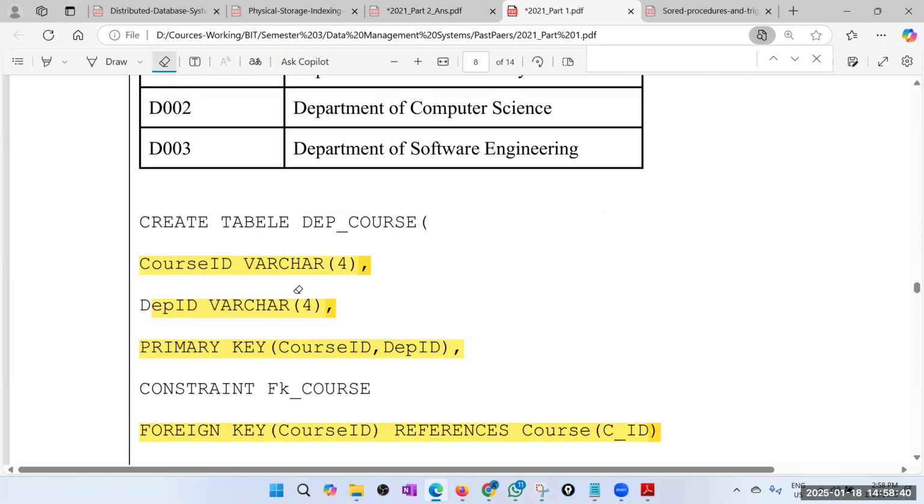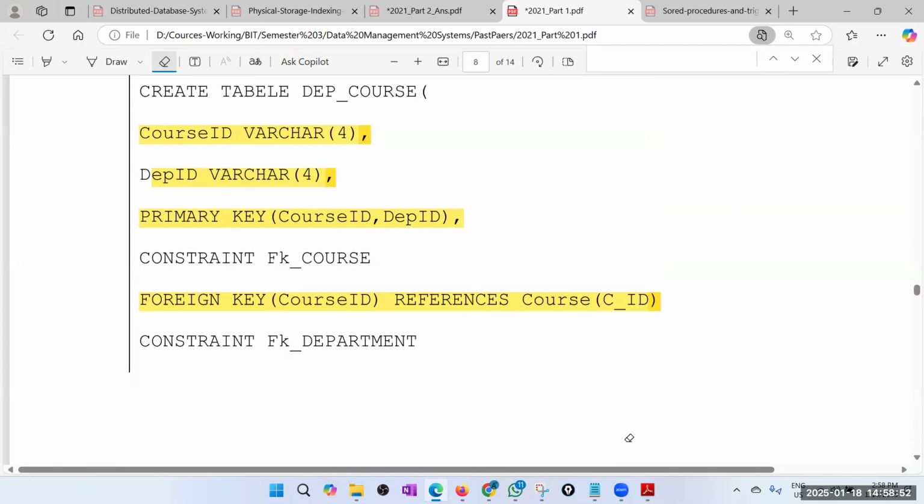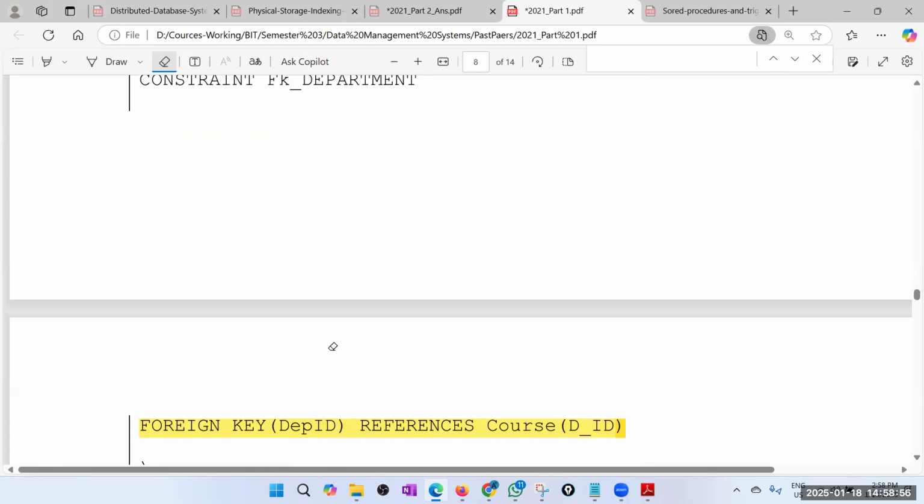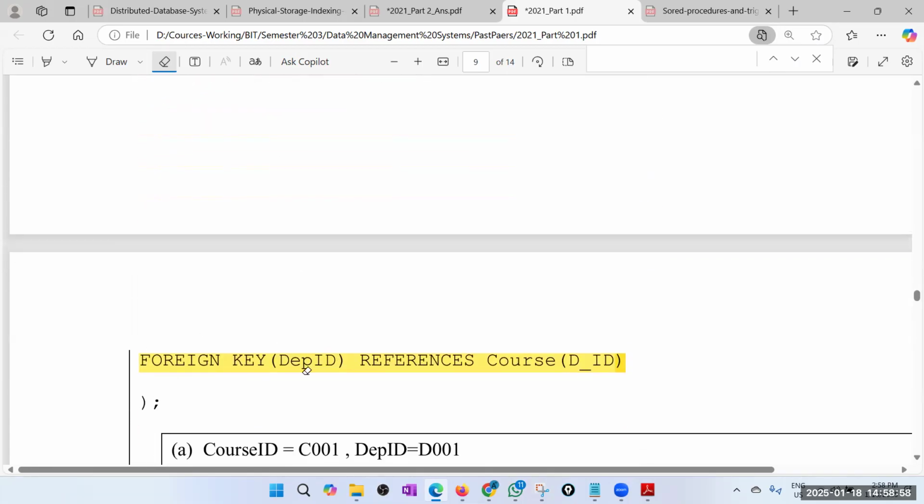Primary key, course ID, dept ID. Yes, so this is a connecting table. Composite primary key, that is also fine. Constraint FK course, foreign key, course ID, references course table, CID, yes. So then the other foreign key, because this is a connecting table. Foreign key, dept ID, references course table,